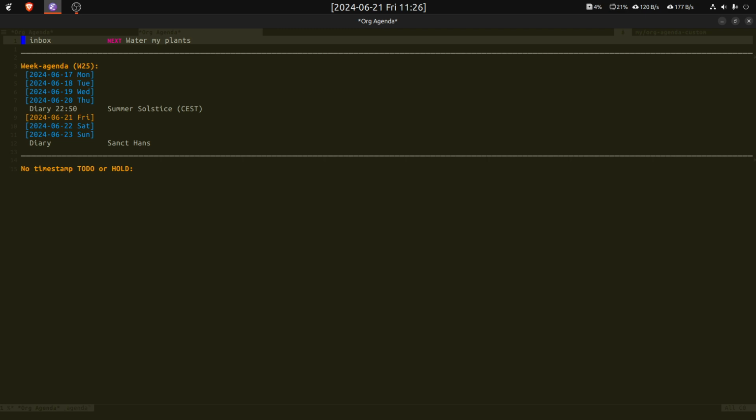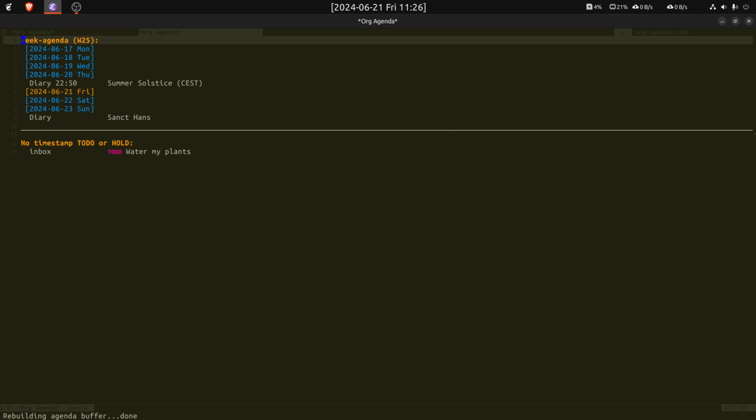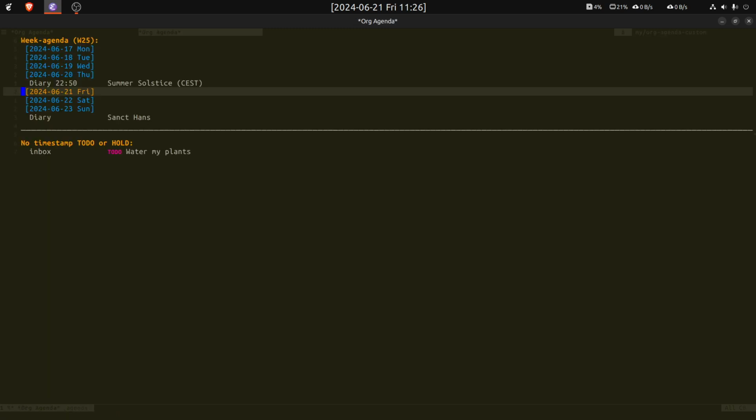So this, for example, should maybe be a to-do item. So I changed it to a to-do item, and if I refresh, if I go out here and enter agenda, it jumps down to the current date, and the to-do item comes down here in to-do items that has no timestamp yet. So I can go to that item and see